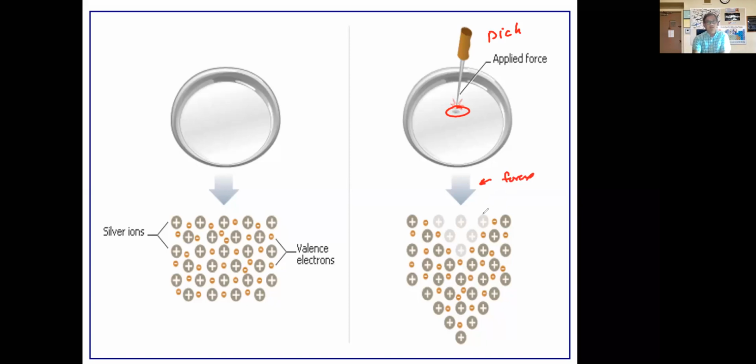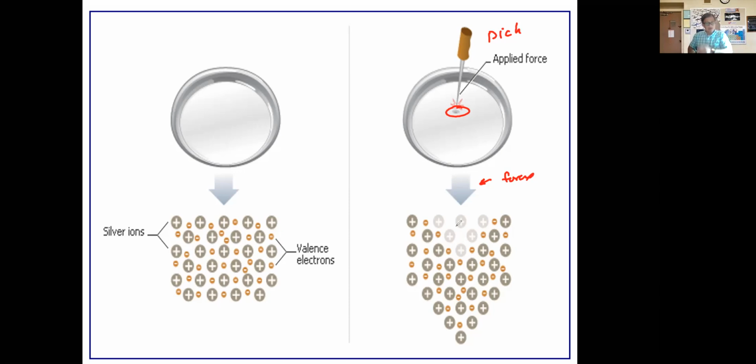Now, when we push down on it, all the cations, all the nuclei, move and shift. But because we have the sea of electrons here, the electrons move with them, keeping them separated from one another. So therefore they don't break. Now, imagine if those electrons didn't move along with them, and we're going to see this in just a moment with the ionic bond. If the electrons didn't move with them, then we'd have cations right next to each other, and they would repel. And on a macroscopic level, what we would observe is a breaking occur.